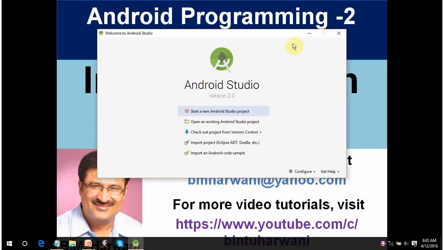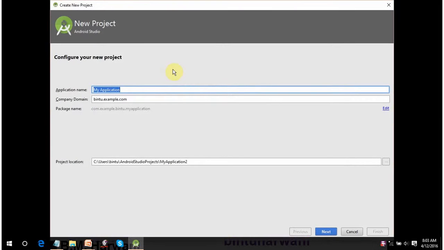When you launch Android Studio, you get this first welcome screen. Click on the first link, start a new Android Studio project, to create a new project. You'll be asked to enter the name of the project. Let us enter, say, Display Welcome App. If you begin your project name with a lowercase letter, you'll get a warning here that please start your app name with an uppercase. This is the domain name that we earlier discussed to give a unique identity to your app.